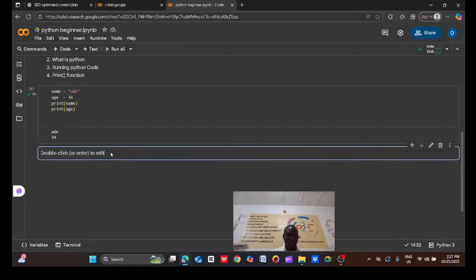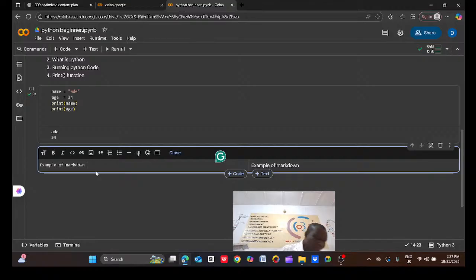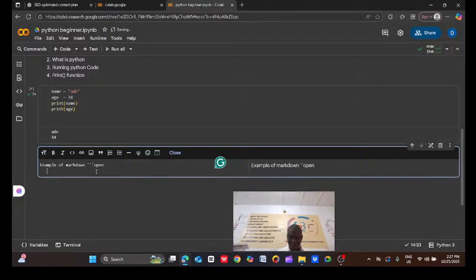Example of markdown. So this is the sign for markdown. You open it with 3, then you also close it with 3.